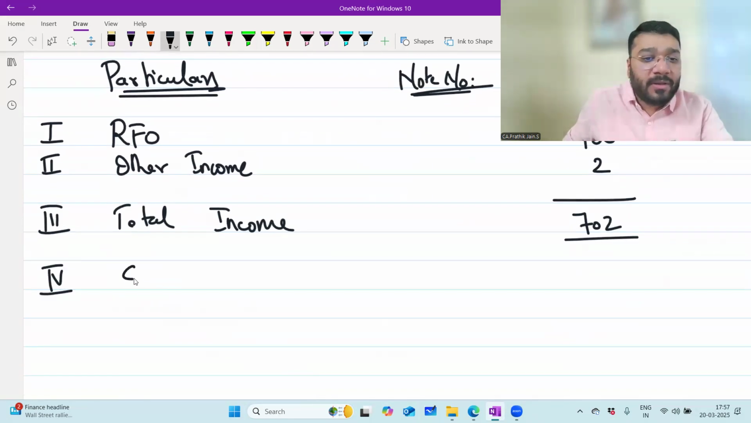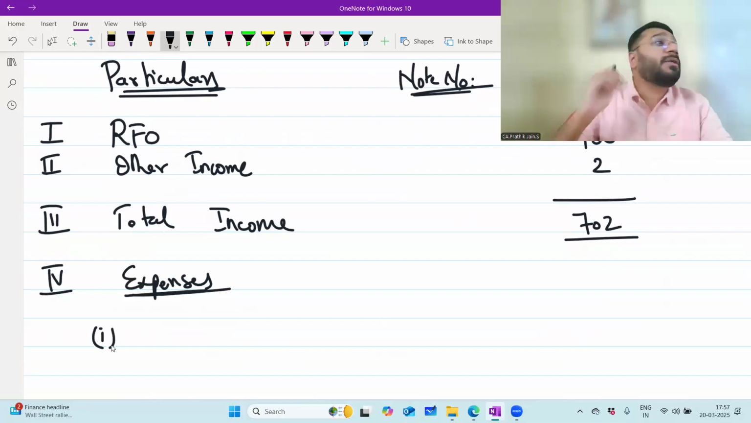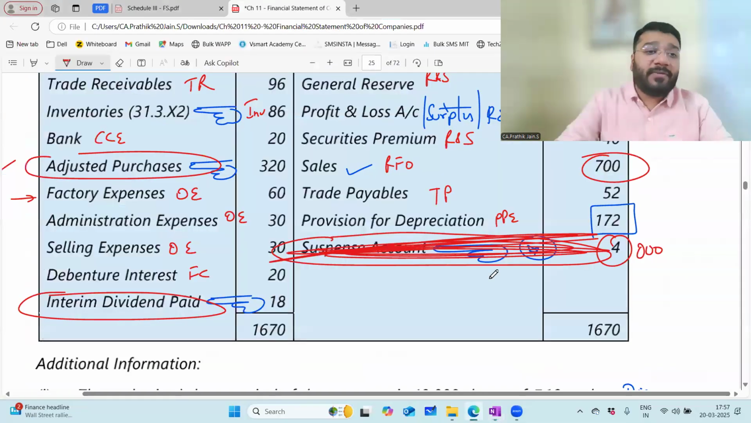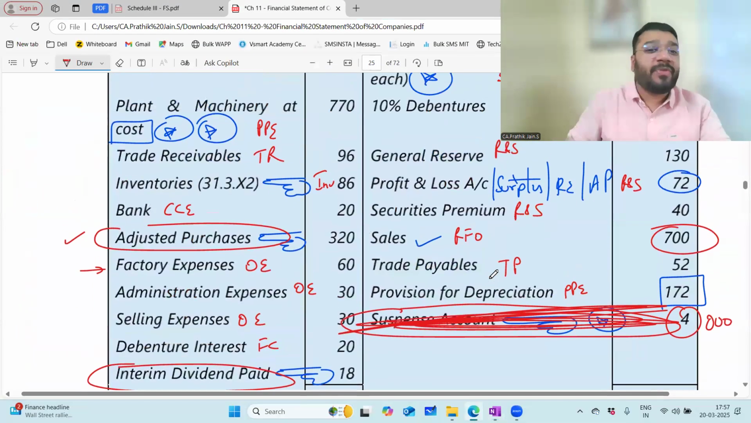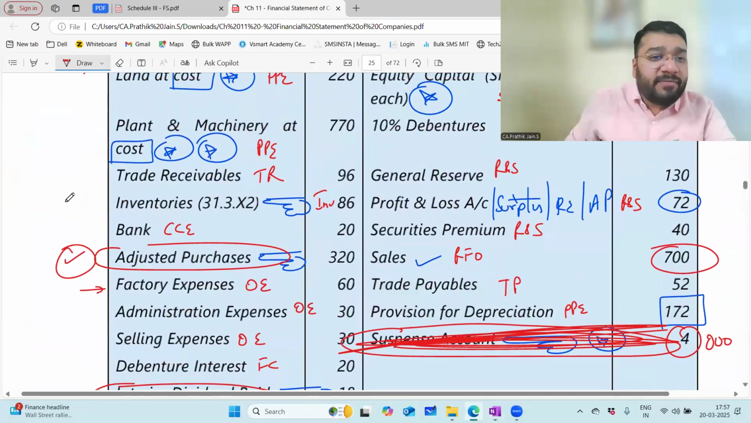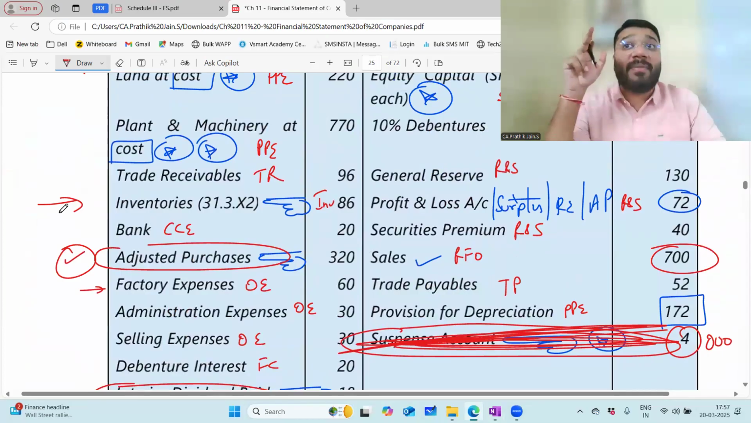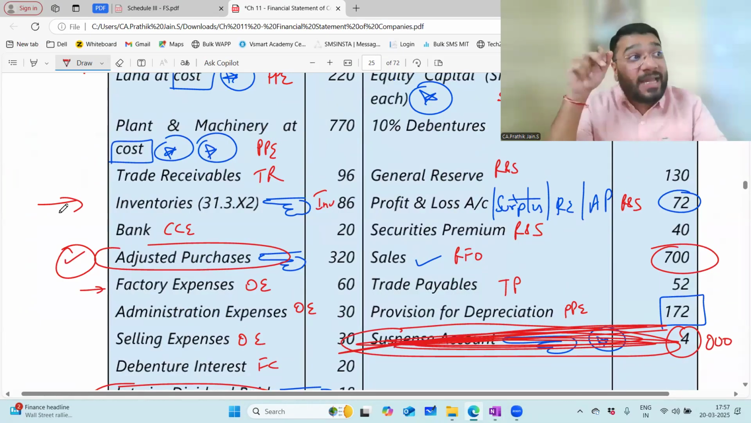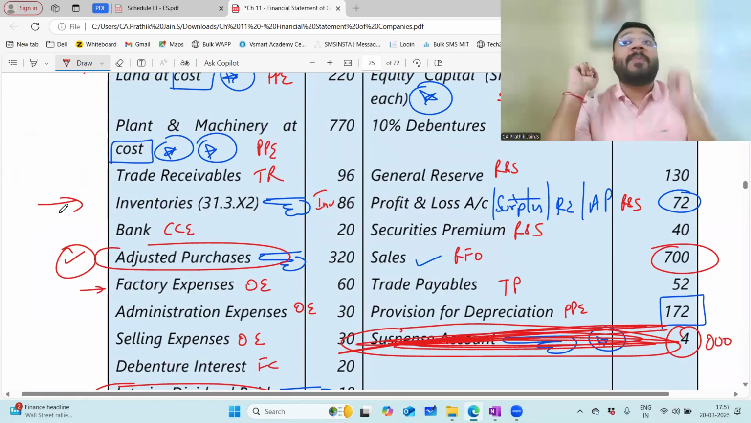4th is what? Expenses. This is the category. Under that, first one is cost of material consumed. Before that, you have to come back here. Sir, adjusted purchase they have given, inventory they have given. If the closing inventory is coming inside a trial balance, how is it possible? If something is coming in trial balance, it means